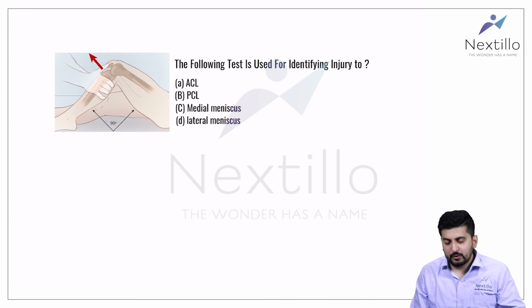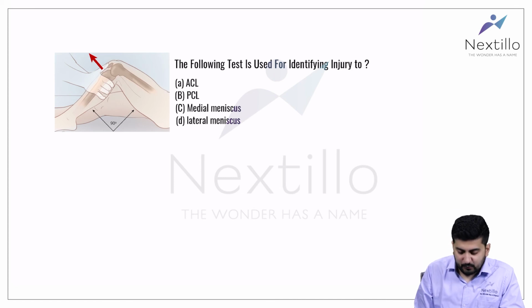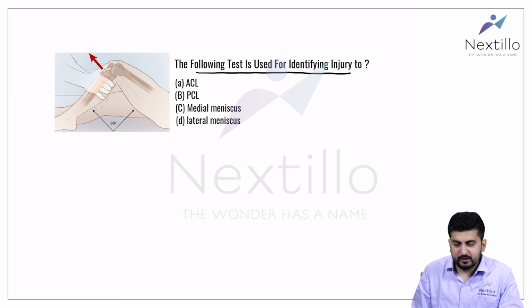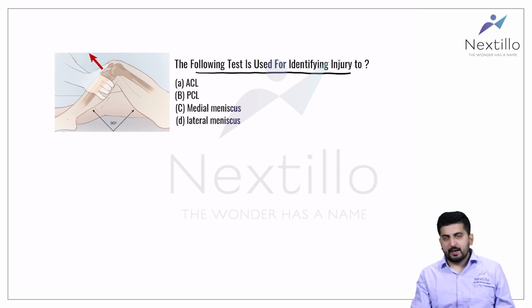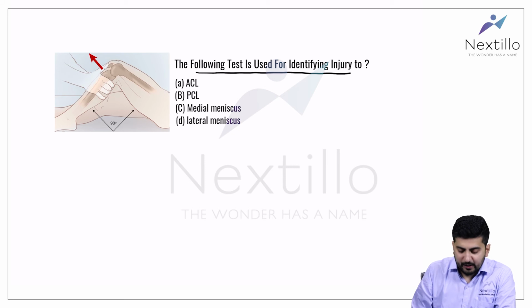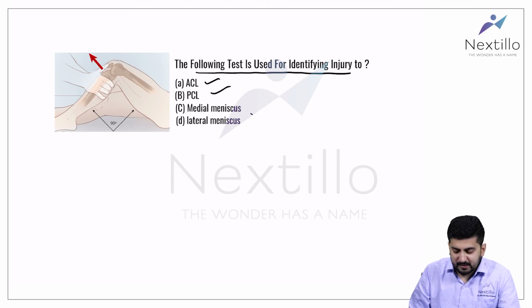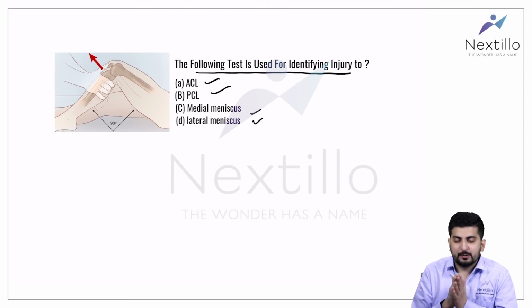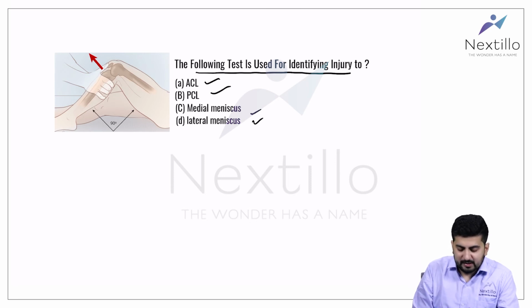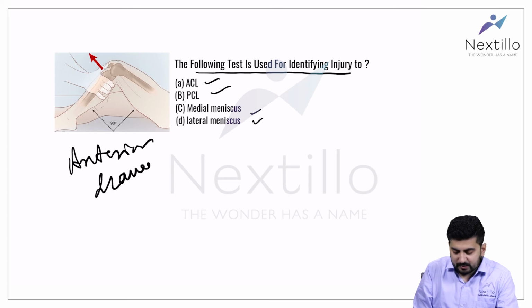Coming on to the next question, the examiner asked which of the following structures the following test is used to identify injury to. Now, if you remember, in the knee joint, we have ligaments and we have menisci. The ligaments are responsible for providing stability to the knee joint, and this test is known as the anterior drawer test,